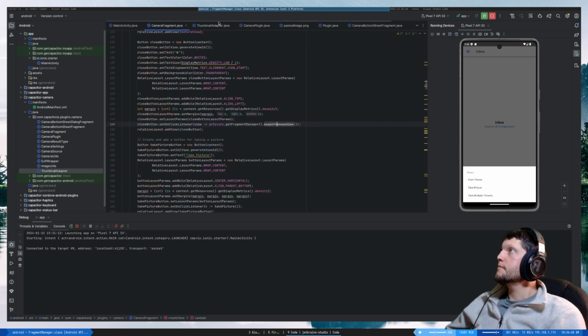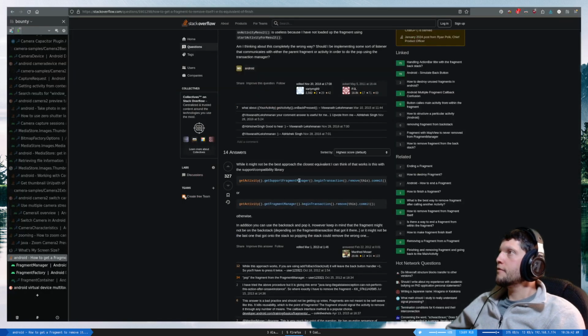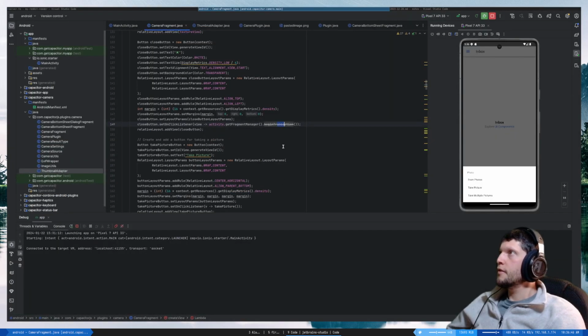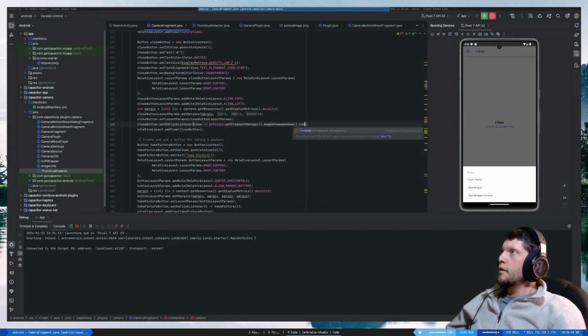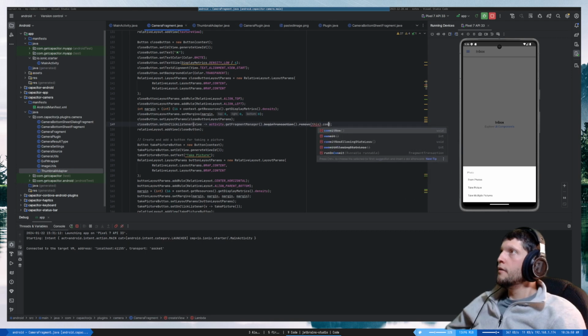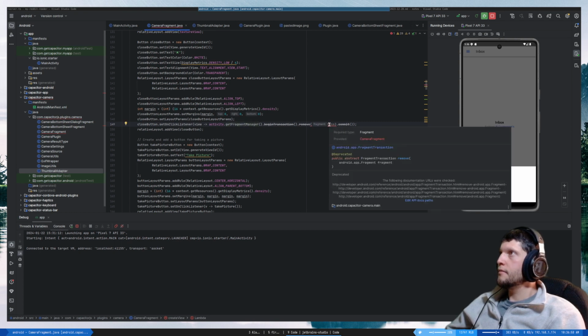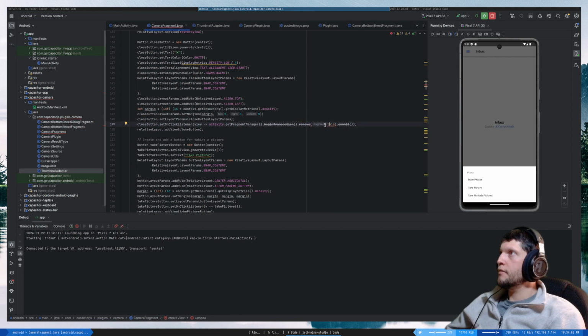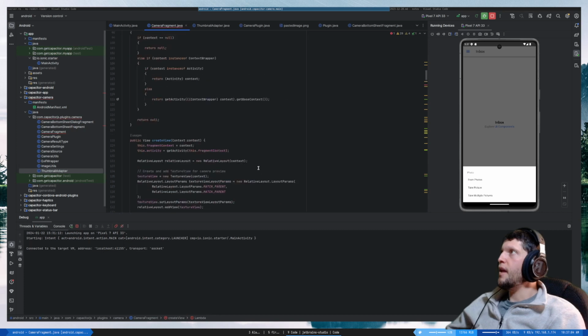Fine. Remove this. I wonder why it's deprecated. Required. Okay, so maybe